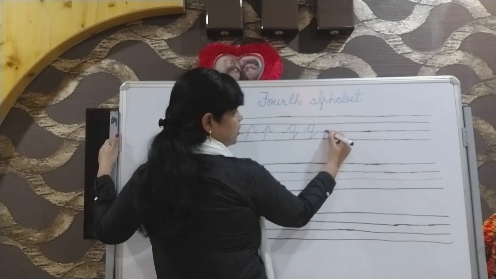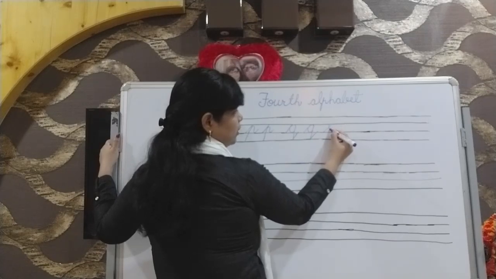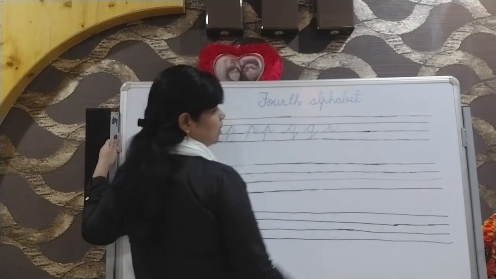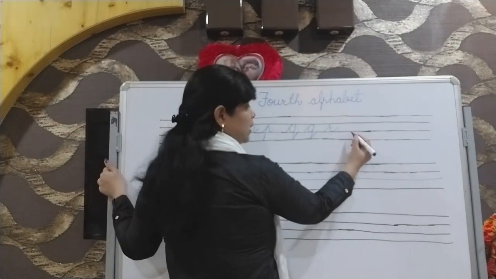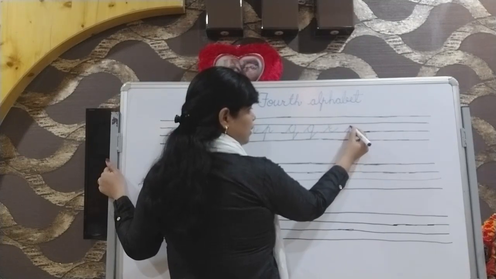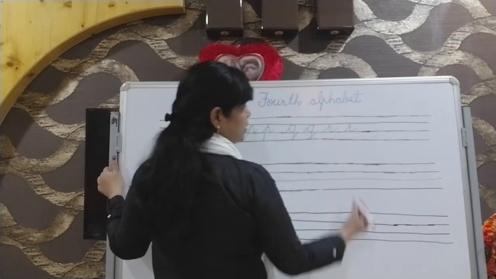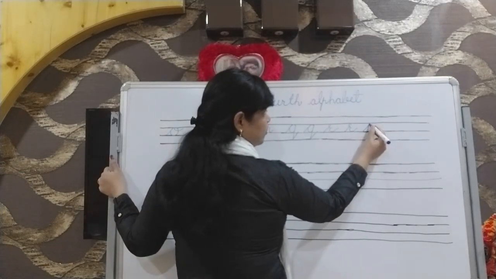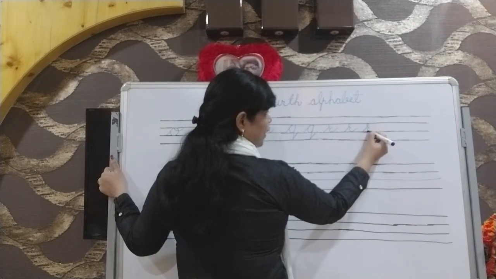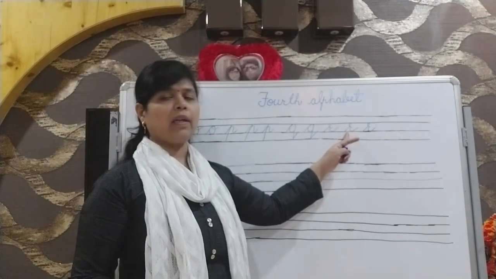Now R you have to see. From the third line only we have to start R, slanting line, move back, make one circle here, round, and it is R. Some students are feeling a little problem to make R. Look carefully please. Slanting line. R we are writing in the middle lines only. Please take care. This thing you have to take care: we should touch the line on both sides, the upper side and the down side also.